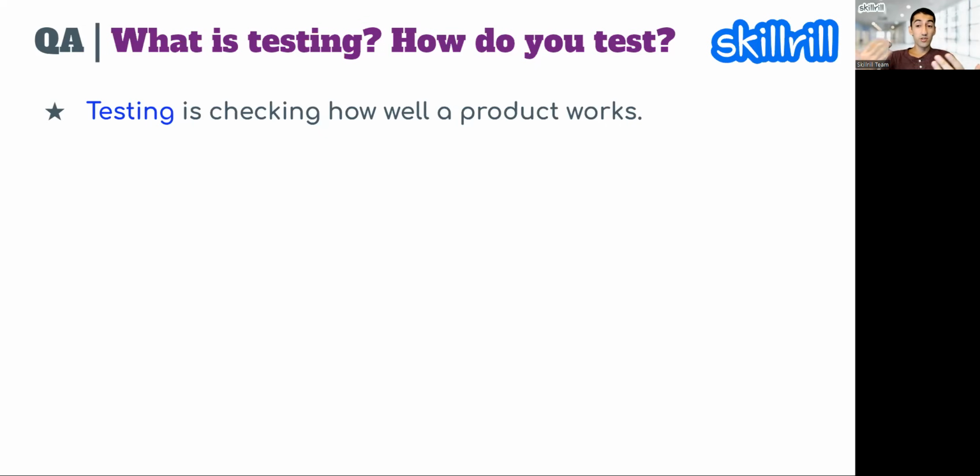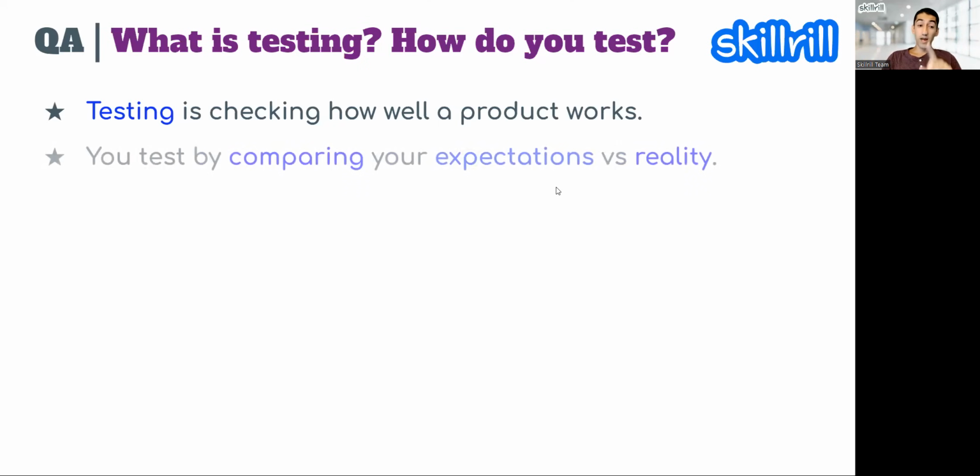And what exactly was going through your mind? What kind of sequence of events or thoughts or algorithms were going through your mind at that point? You were comparing, right? What were you comparing? You were comparing your expectations versus the reality. And that's how you perform testing, right? This is what testing is about. And those are two very important concepts that I want you to keep in mind, which is expectations versus reality. There's a different way of saying it in actual software testing, but we'll get to that.